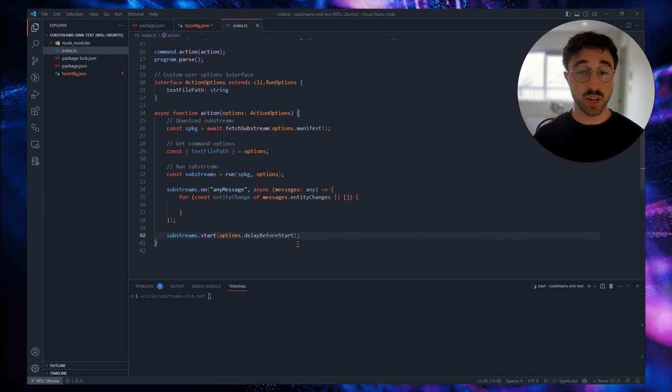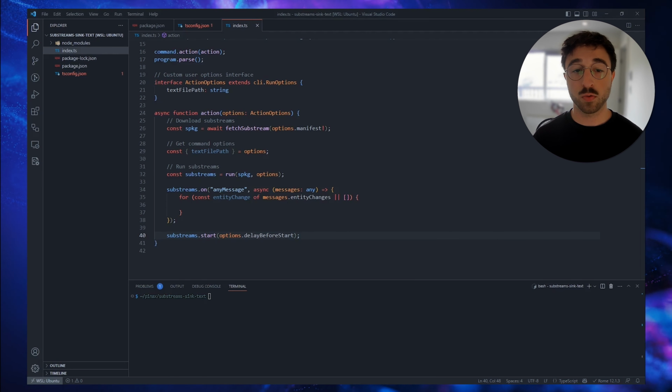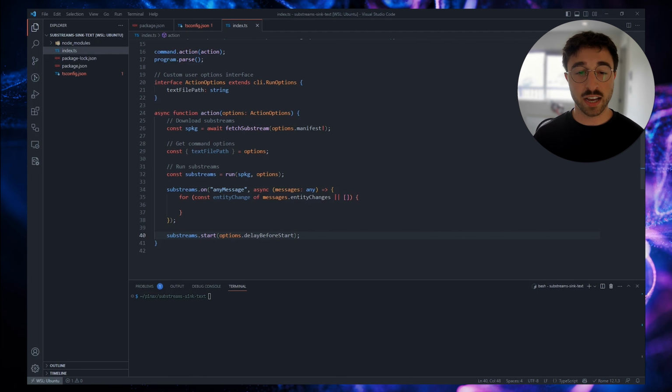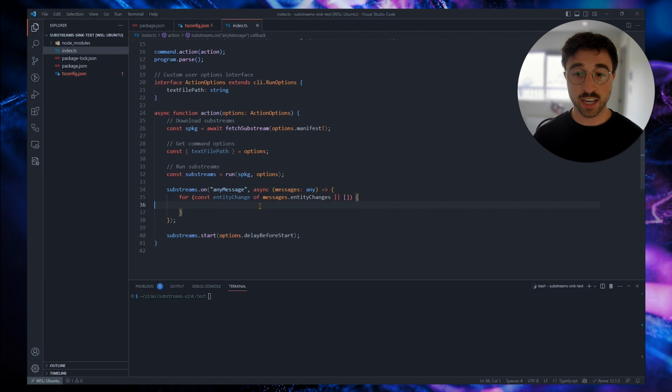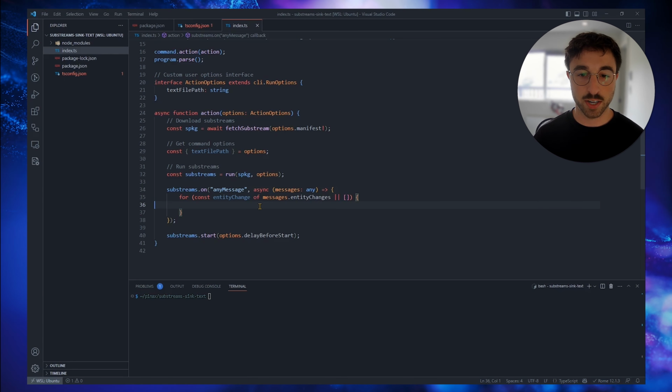Now since we are creating a text file sync, we need to write the data we are receiving to the text file, whose path is specified in our command line option. So we will add some code inside of the for loop. And of course, we also want to use the logger provided by the Substream Sync library.